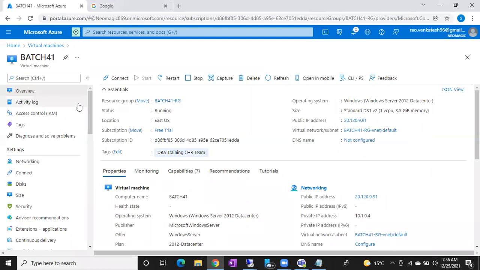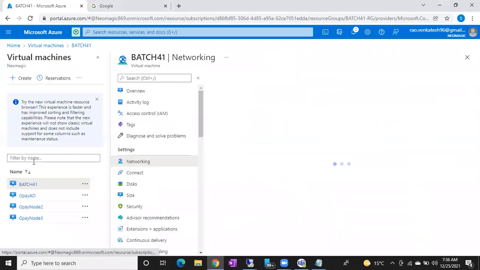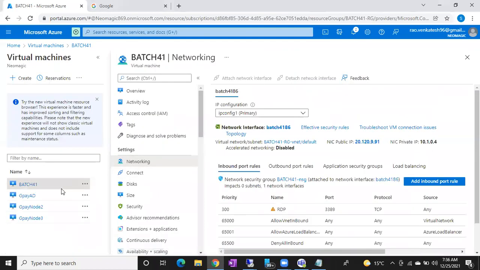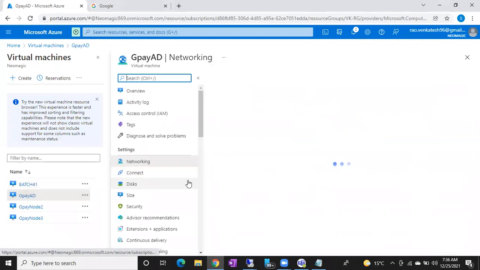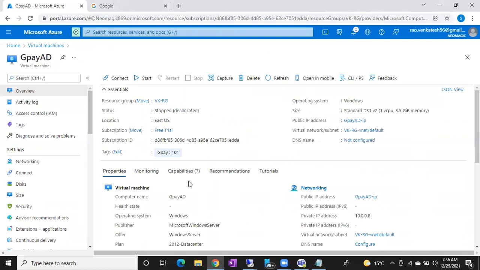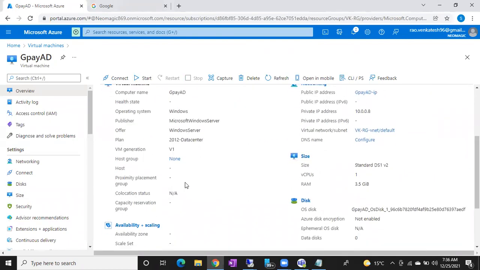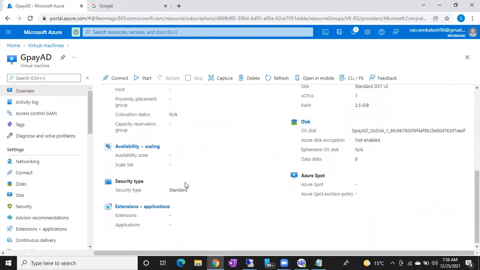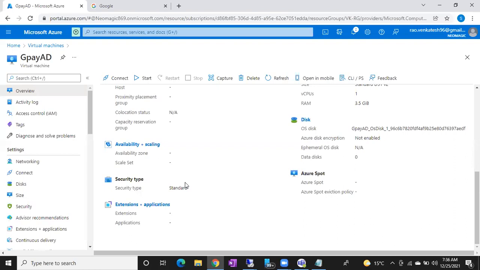Let me show you where I can see that option in the networking. Let me go to this GPay AD. Somewhere you can see overview. Again I'm going to the network machine. Just a minute. In the network security, there is an option, basic security and all. If you choose that option, again you will get that one.